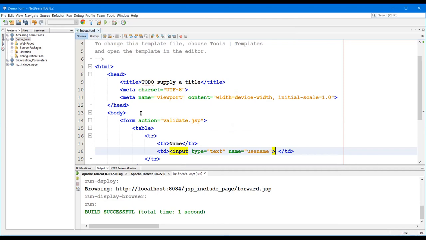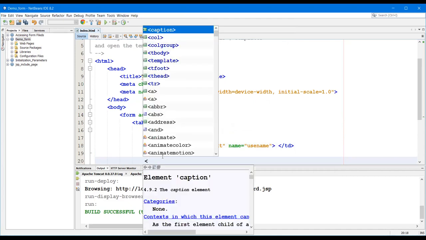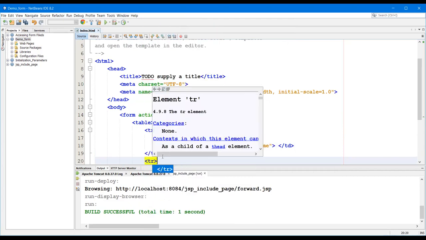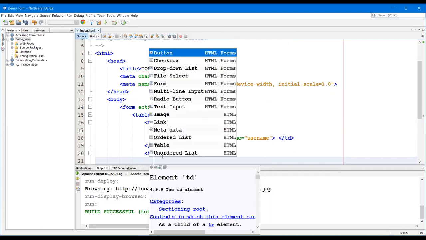Now one more table row we are going to create, table header.